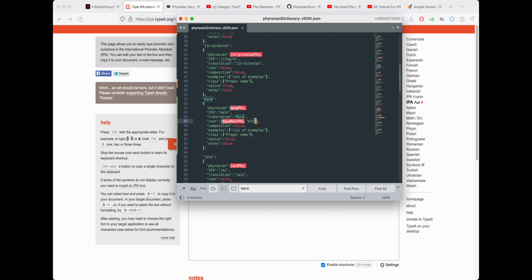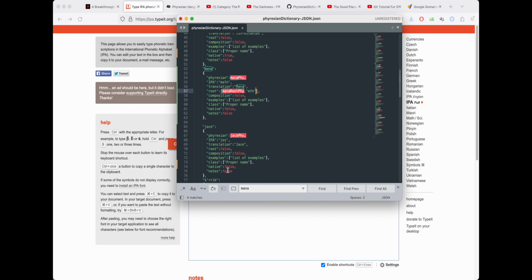Okay, so that's it. If this was a compound word, or a foreign word, or if the concept of a Phyrexian root just didn't apply to this for some reason, just put false. For example, Jace is obviously not a Phyrexian root, so just put false. Anyway,